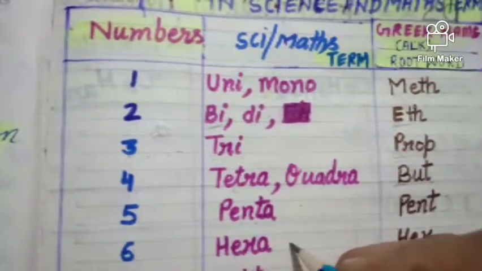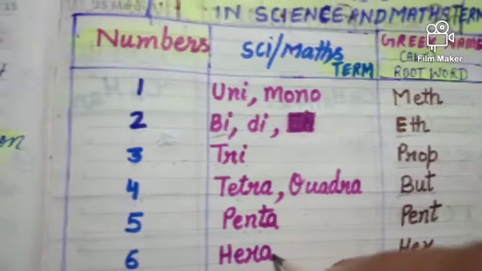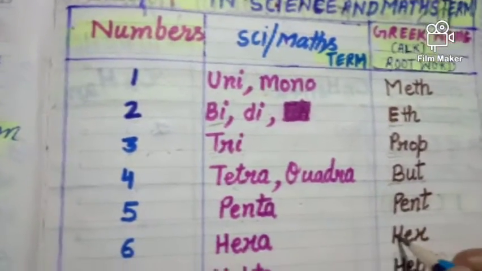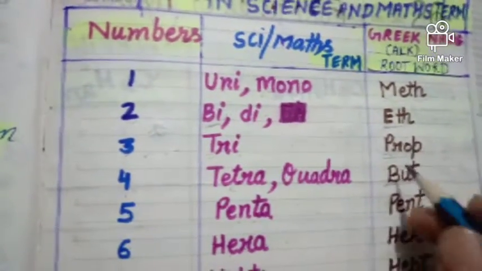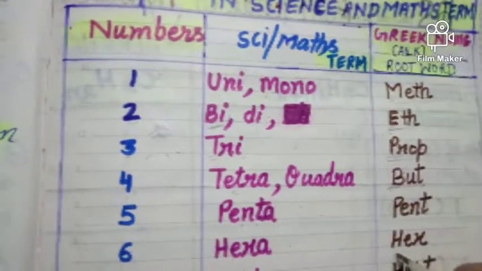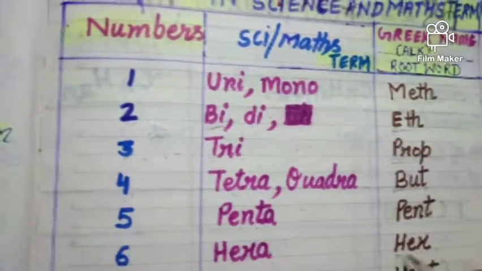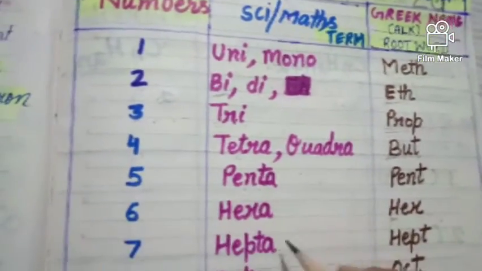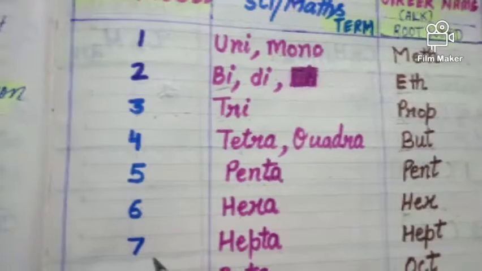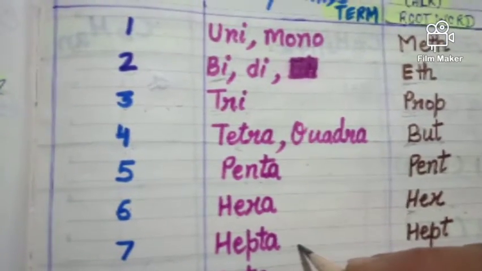Hexagon is a closed polygon having 6 line segments, and hex is also used in hydrocarbons having 6 carbon atoms, like hexane, hexene, hexyne. And hepta is for 7, for example heptagon, heptose,